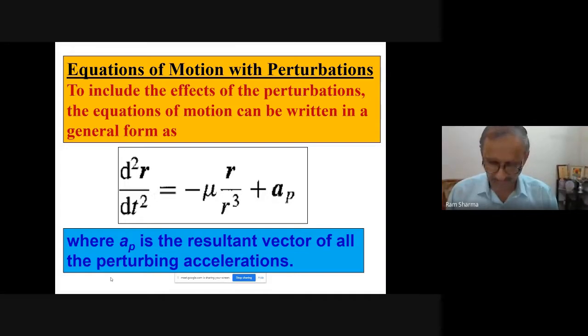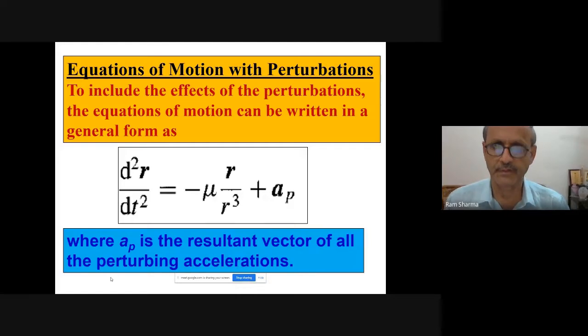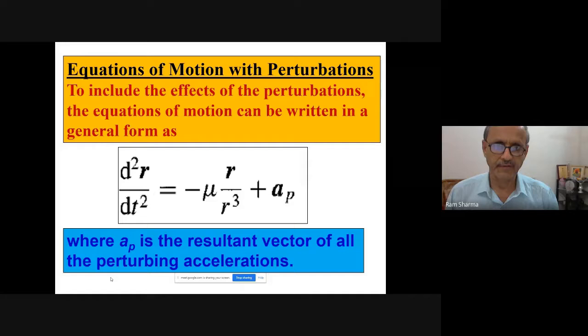And when you integrate them, you will get these 6 constants of integration, and those are your orbital elements. Anyway, today I will show how to derive the equation of an ellipse from this equation, which I also put in my lecture today. We will do that also. So AP is any kind of force you can put into AP. So these are vector equations.